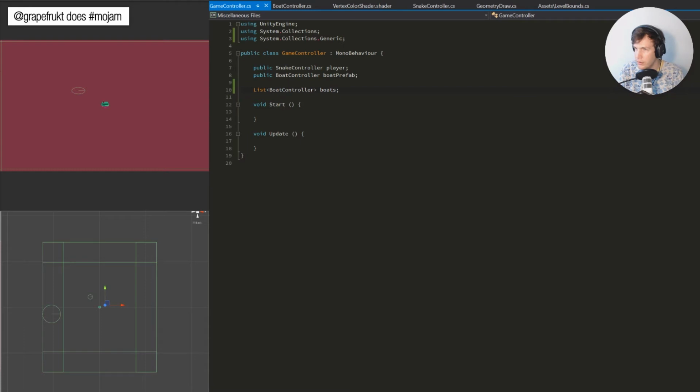So the player is the snakehead. The boat prefab is that guy. And then we'll have a fixed update. And I think we'll make it so that any boats that are present on startup are just added to the list of boats, and then we'll have I'm gonna